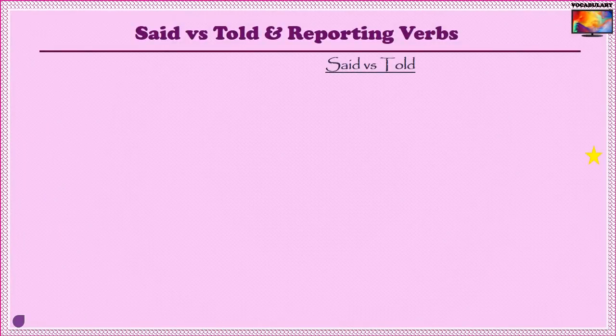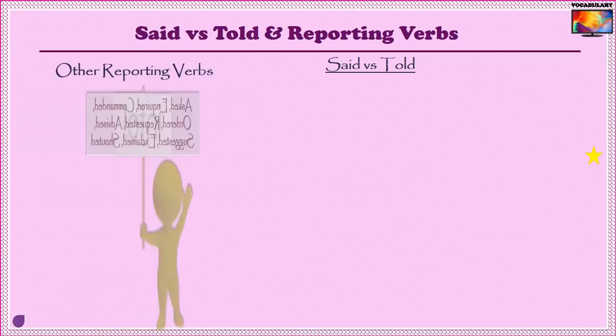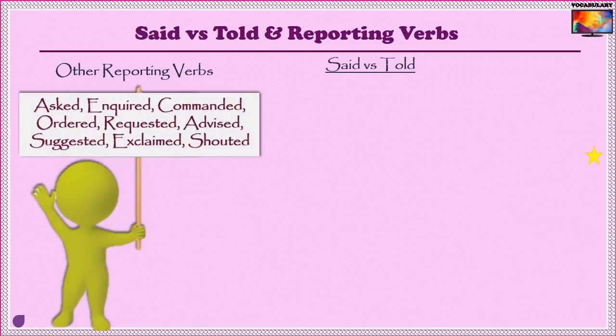The most common reporting verbs in indirect speech are said and told for reporting statements and asked for reporting questions. Though other verbs such as inquired, commanded, ordered, requested, advised, suggested, exclaimed, shouted, etc. could also be used. Students often confuse between the verbs said and told, so let's quickly discuss the difference in